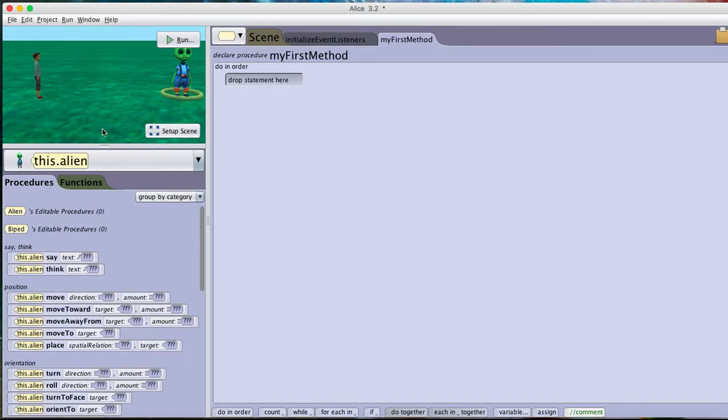So, first thing I'm going to do is take out a while loop because he's going to be moving while he's not colliding with the alien. So all the while he's not colliding with the alien, he'll be moving forward. To not have to have them perfectly aligned to each other, I'm not going to have him move forward. I'm just going to have him move to the alien. So now the condition here will be